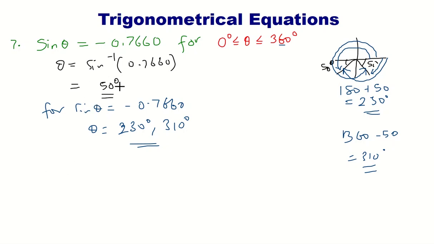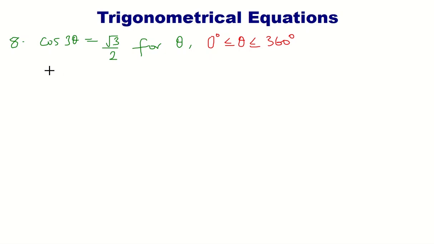So we use the 50 to help us get the angle, the acute angle that would give us our ratio, sine theta as 0.7660. We were interested in the positive values, that's why we moved anti-clockwise until we found these lines here. So let's look at